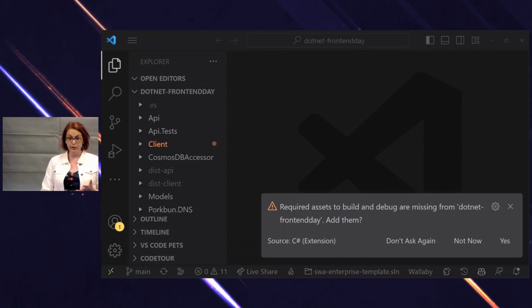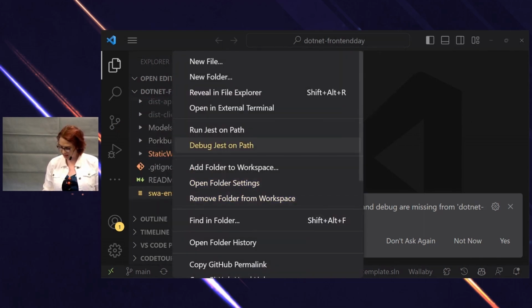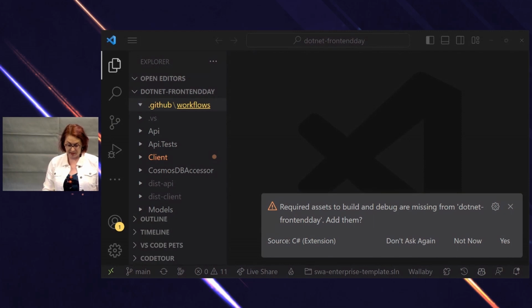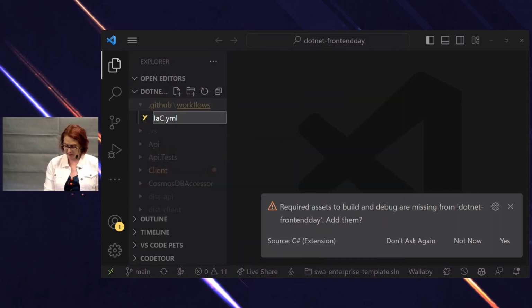So the first one that I want to do is actually just what can we do inside of our pipelines to create these Azure Static Web Apps rather than doing it in the portal. So for that one, we're going to make a new GitHub workflow, and we're going to add a new folder, and hopefully I'm going to put it in the right place, which I didn't the last time I did this demo. And if I've got this folder in the right place, then any YAML that we put in here, if you're not familiar with GitHub Actions, will be picked up inside of your repo as a workflow that we can run against our code. So we're going to make a new file here, and we're going to call that IAC,